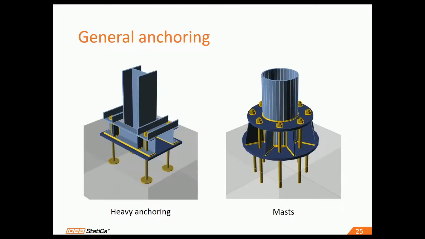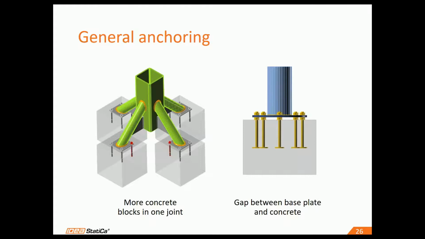So with the new version of IDEA StatiCa, you can design really very general anchoring of your columns. For example, such an example of heavy anchor of any beam or mast, very stiff. And with the new general anchoring, you can even create such crazy anchors. It looks like something from a sci-fi movie,